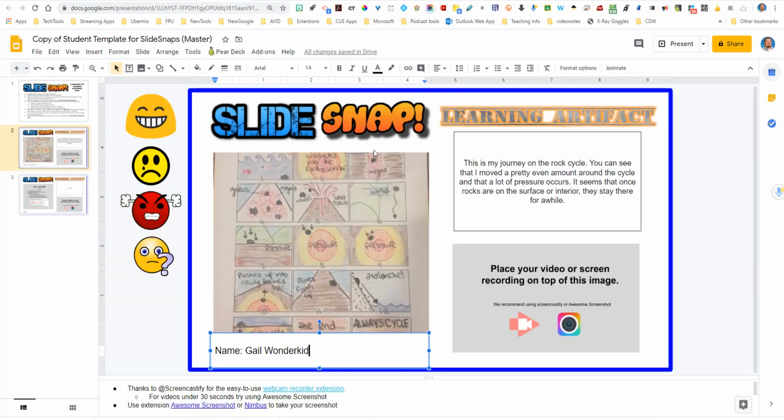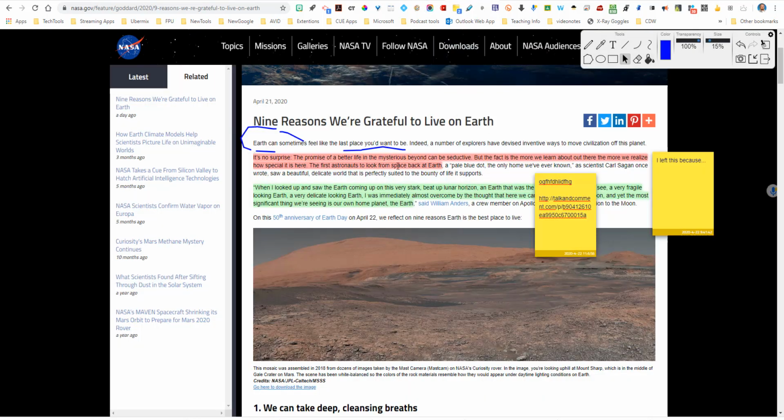I love to use a slide snap template for my students to showcase the work they're working on right now. Now, a slide snap template is for a snapshot in learning of what they are doing right now. So in class, if you were having your students work through this, after about 10 minutes, you can say, stop, take a snap and put it in your slide snap template so I can review it. So they would just take that screenshot, they would come back over here,